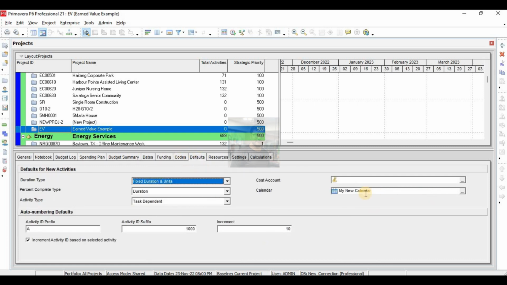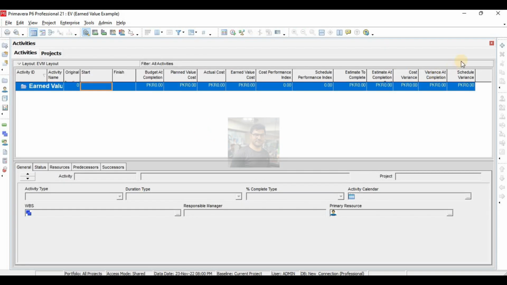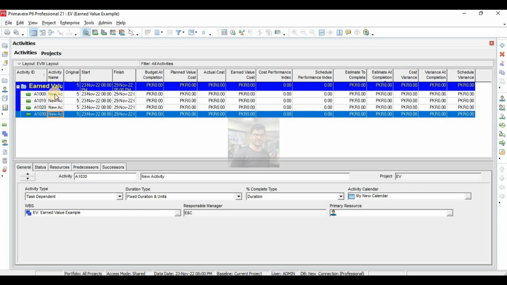Okay, the calendar of my project is my new calendar. Duration type is fixed duration and units. Percent complete type is duration, activity or task dependent. Okay, now I will open this project and I will define 4 activities.